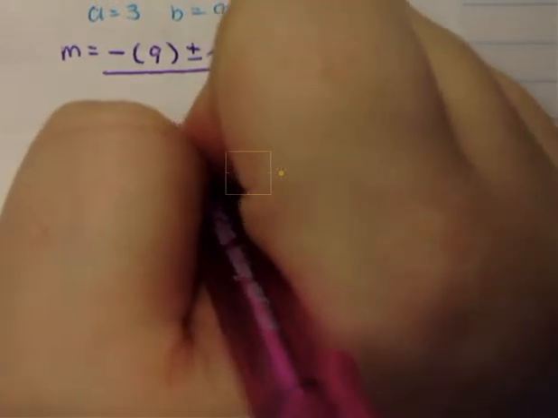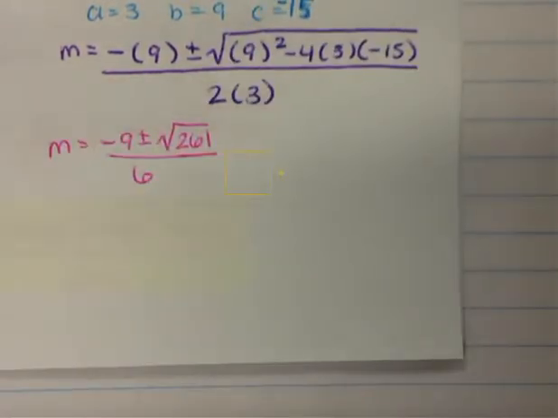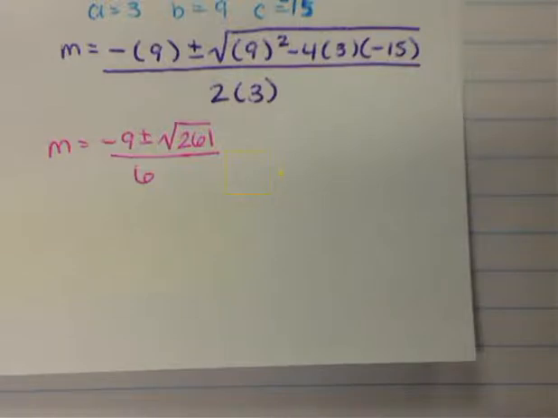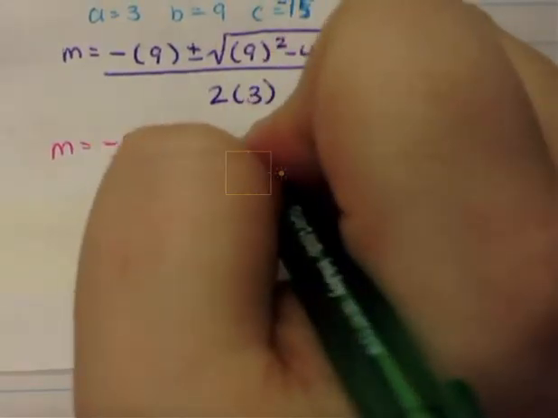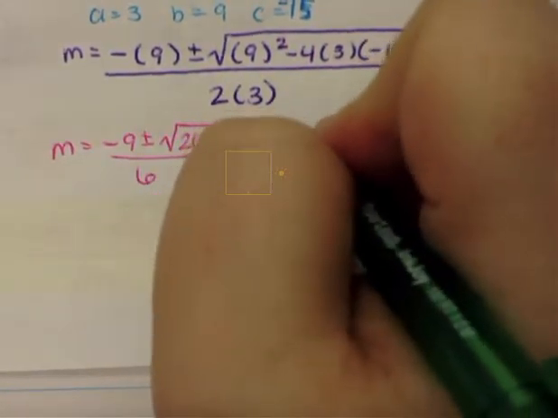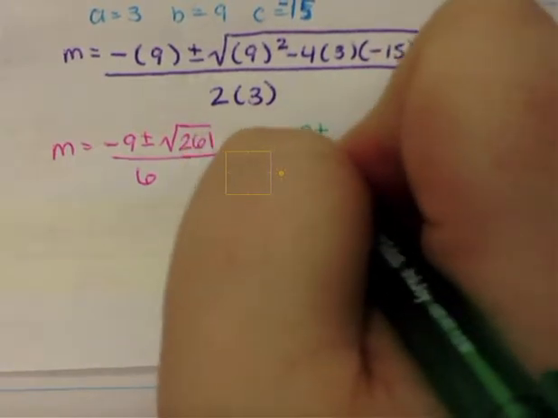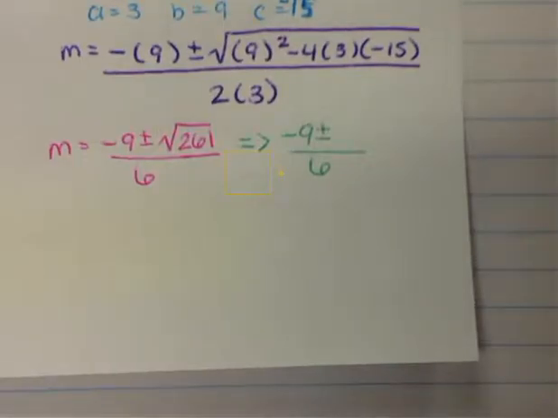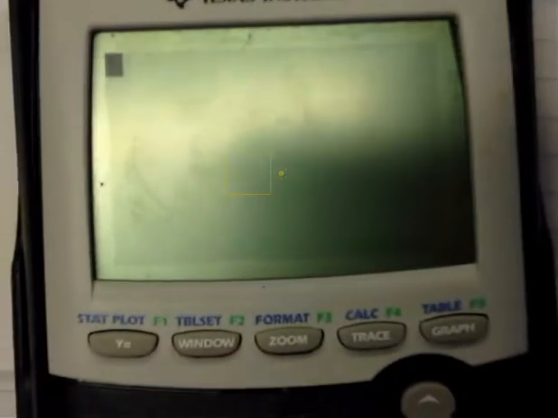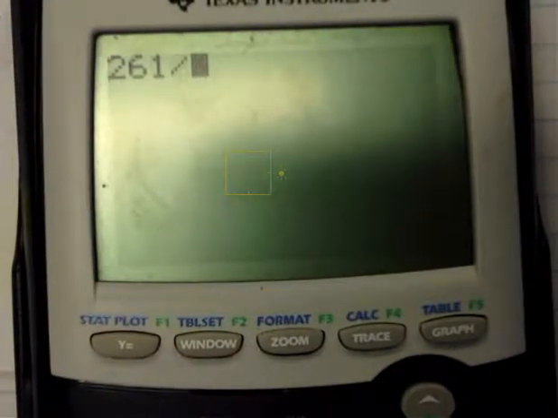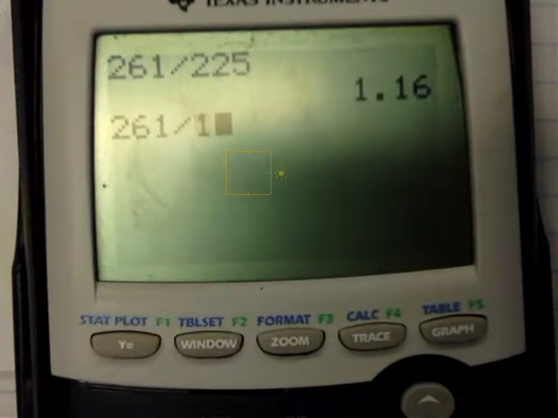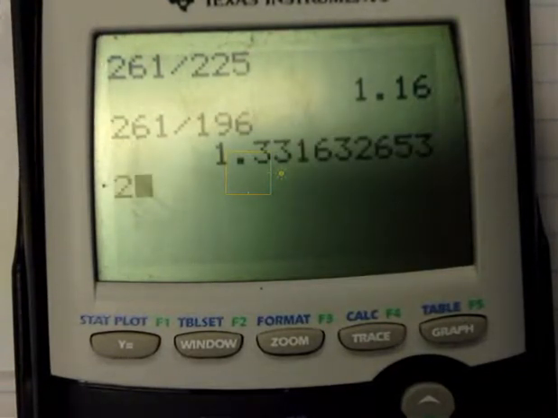So we have 261 as our discriminant. So let's see if we can simplify that. This is negative 9 plus or minus, and still all over 6. Let's see if square root of 261 can simplify. Okay, so 261 divided by, we're going to start with 15 squared, which is 225. Does not work. 261 divided by 14 squared. 261 divided by